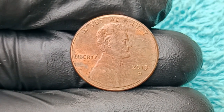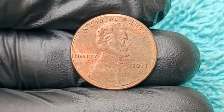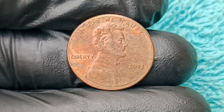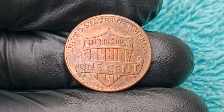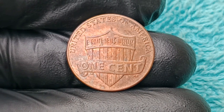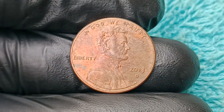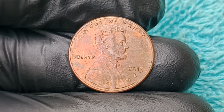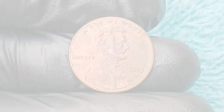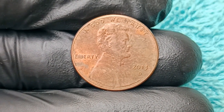history. And yet here we are, living in a time when a copper-plated zinc penny from the Denver Mint, seemingly no different from billions of others struck that year, has captivated the imagination of the coin-collecting world due to a set of rare, freakish, and stunningly unusual minting errors that defy the odds and prove once again that modern pennies can contain treasures beyond comprehension. So stay locked in as we unravel the jaw-dropping mystery behind this 2013 D penny that soared to a face value of $246 million, transforming what should have been a mundane and overlooked coin into a historic and viral sensation